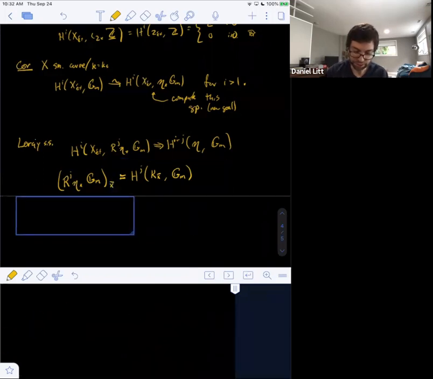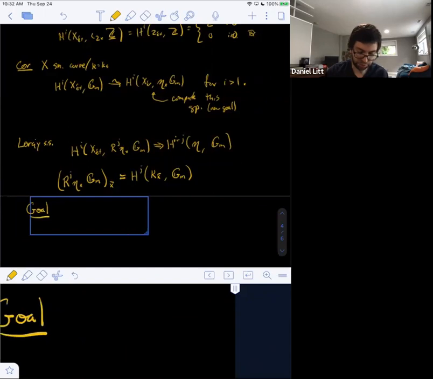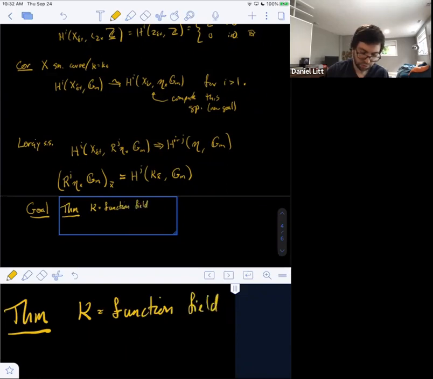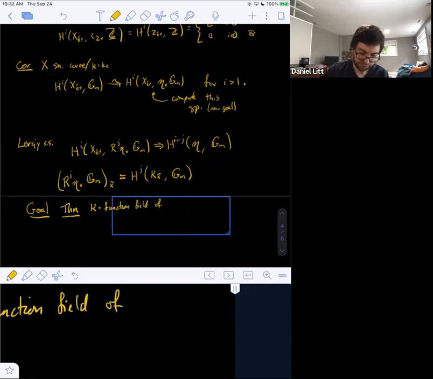Okay, so now our goal is twofold. We want to understand these groups. So I claim that we win if we can prove the following theorem. Suppose K is either the function field of a curve over an algebraically closed field, or separably closed field,